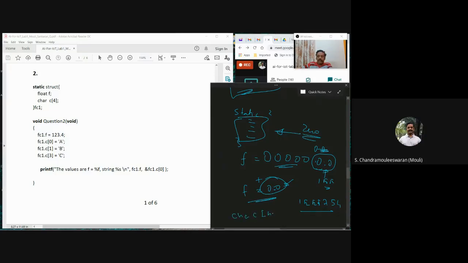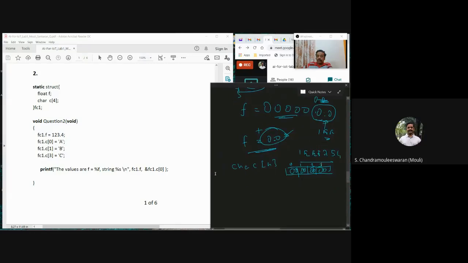c4 has 4 locations. They are all filled with zeros; in the sense, each byte is filled with 0. If I write it in hexadecimal format, this is 0, 1, 2, 3. Now, what am I doing in the initialization in the function?